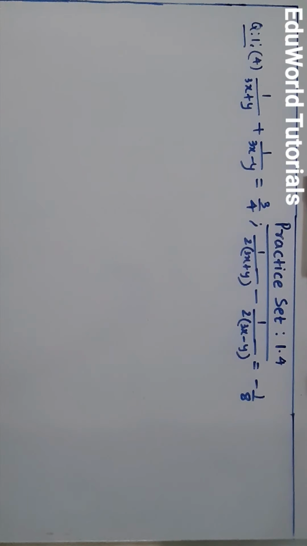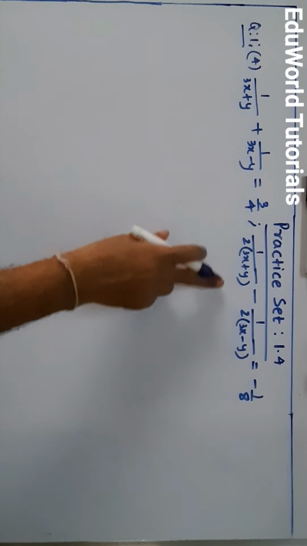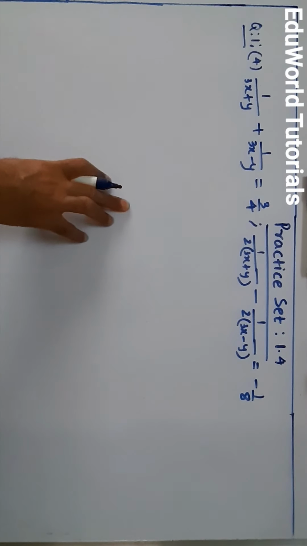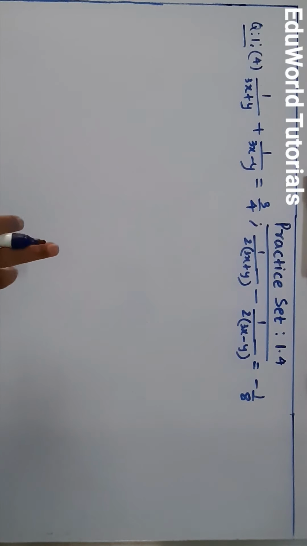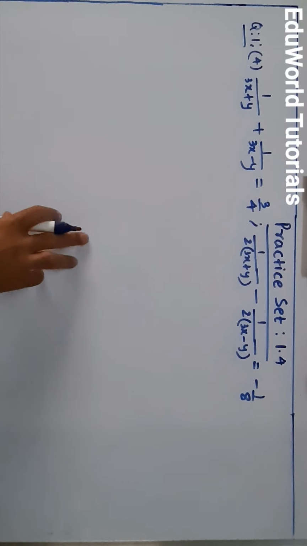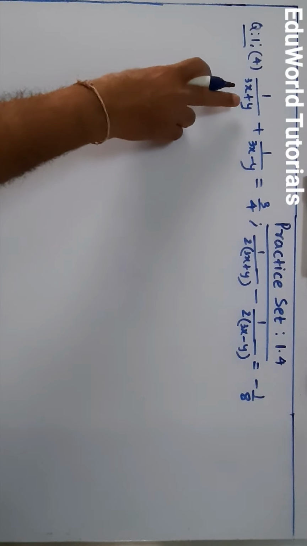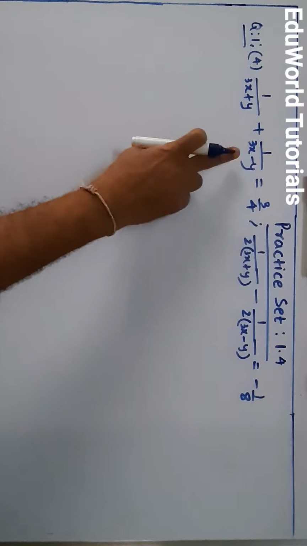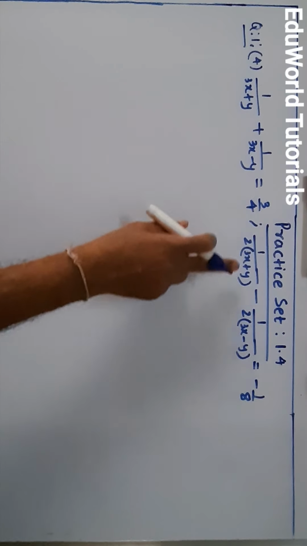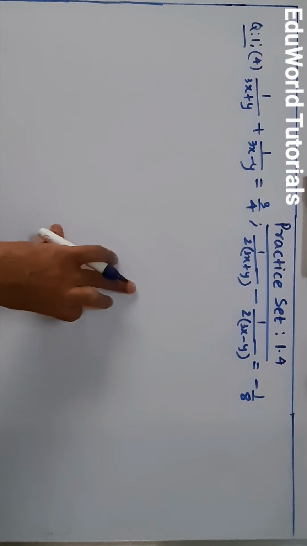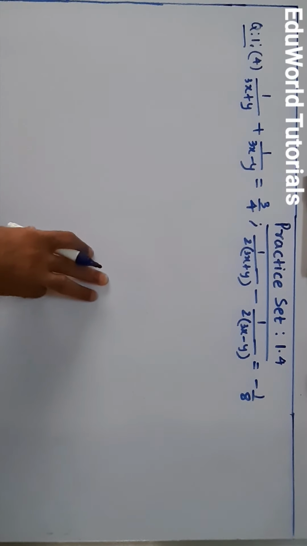I will write the question now. So students, this is the question. Now we know that we have to first convert them into simultaneous linear equations, and then we have to solve. Please recall the solved example and some of the questions we have solved for practice set 1.4. Here we have to see which things are similar in the two equations. 1 upon 3x plus y and 1 upon 3x minus y are seen to be common in both the equations. For them we have to assume some other letter and form the equation.